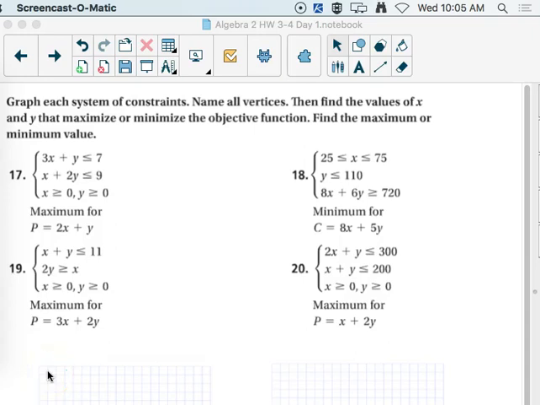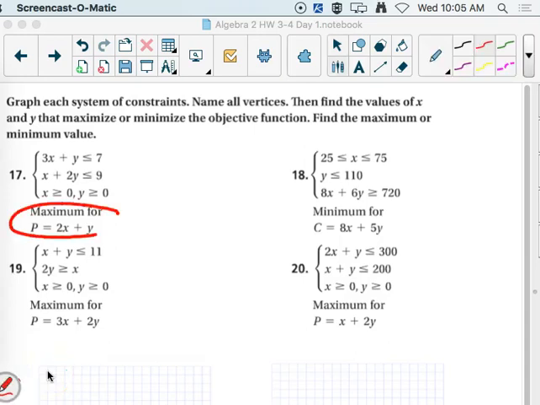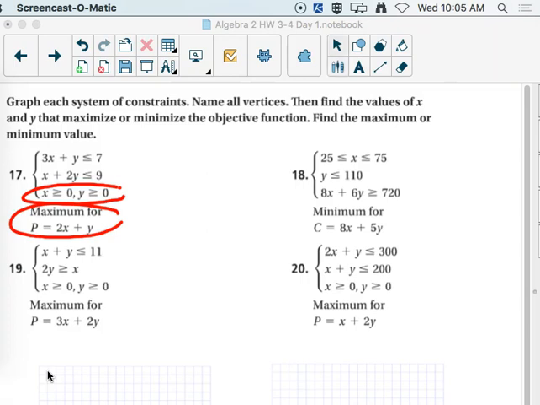So 17. There's our objective function. And I look at those constraints and I see, well, this one doesn't really require a lot from me. It just is telling me I have to stay in the first quadrant. So what I want to do is get the other two graphed and figure out in the first quadrant, where are those vertices? So I'm going to color code